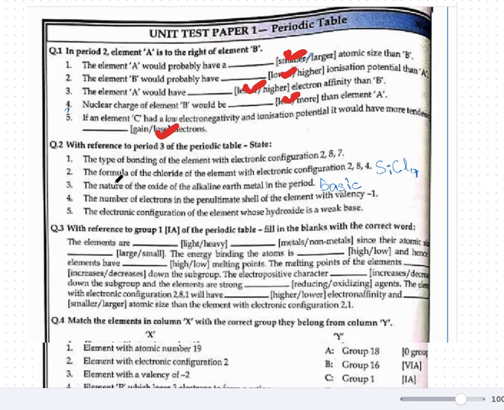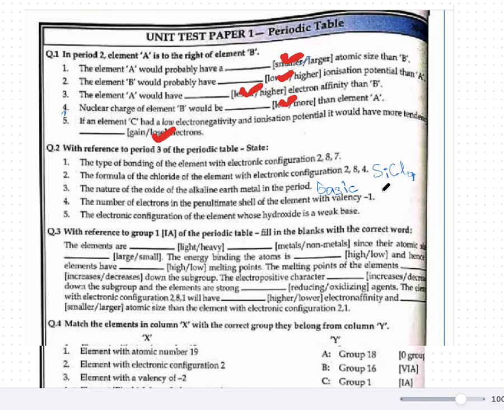Then the number of electrons in the penultimate shell of the element with valency 1. The number of electrons in the penultimate shell with valency 1 will always be 8, okay. The penultimate means the one inside the last one, the one inside the last orbit. So the number of electrons in the penultimate shell is going to be